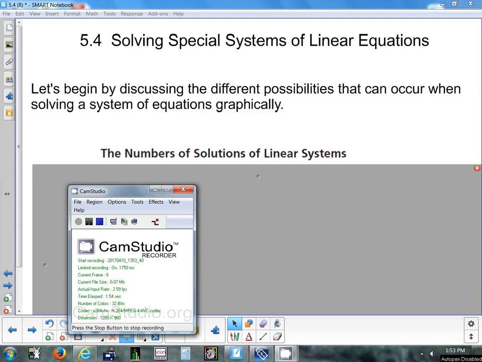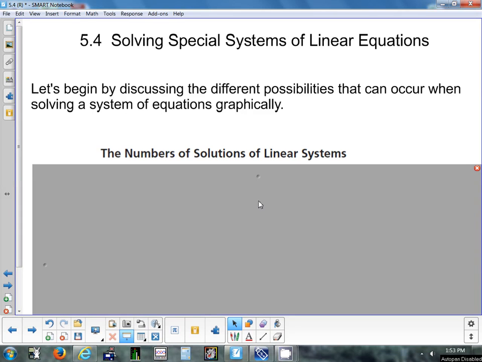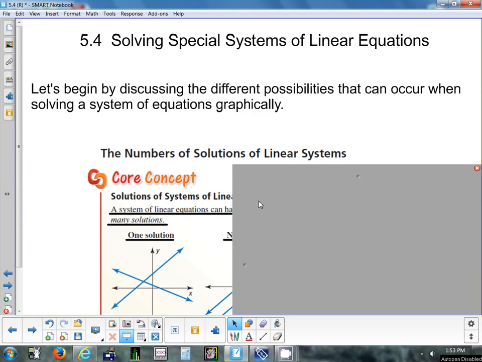All right, so we're going to look at 5.4, which is special cases. Okay. Can somebody tell me, when you draw two lines, what's one thing that could happen when you draw them? We already looked at a couple things today. Yeah? They could intersect in exactly one spot. Okay. And that would look something like